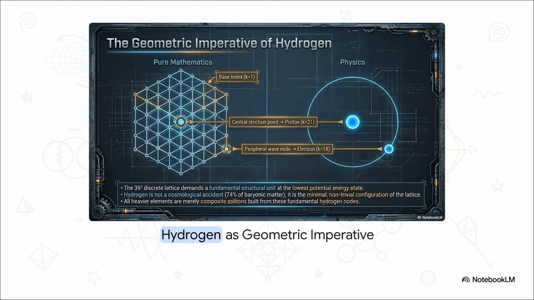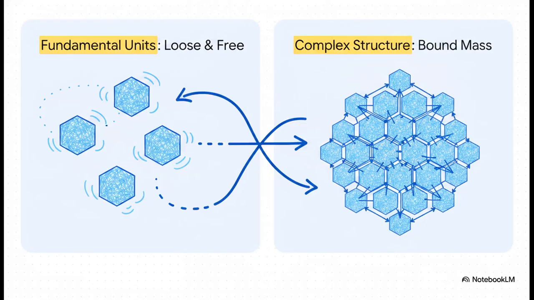This exact structural configuration forms the lowest possible potential energy state of the lattice. Mathematically, hydrogen is mandated as the fundamental, minimal structural unit of reality. Because the geometry strictly mandates that the substrate must natively be composed of this specific hydrogen configuration, every other element just has to follow suit. Every heavier element on the periodic table is fundamentally just a complex geometric stacking of these primary structural solitons. They sequentially build upon one another to satisfy the topology at higher densities. It means all elemental diversity is achieved natively, without ever needing a single arbitrary variable.